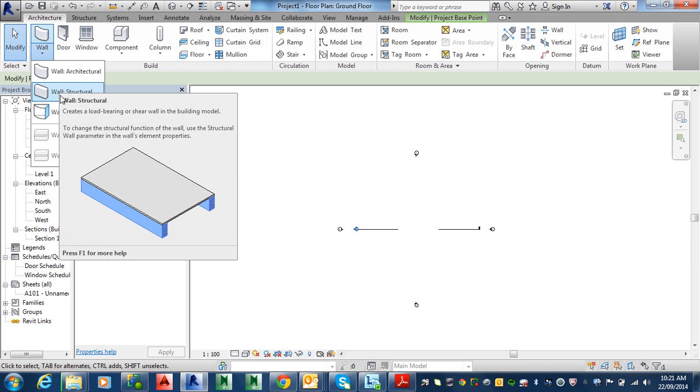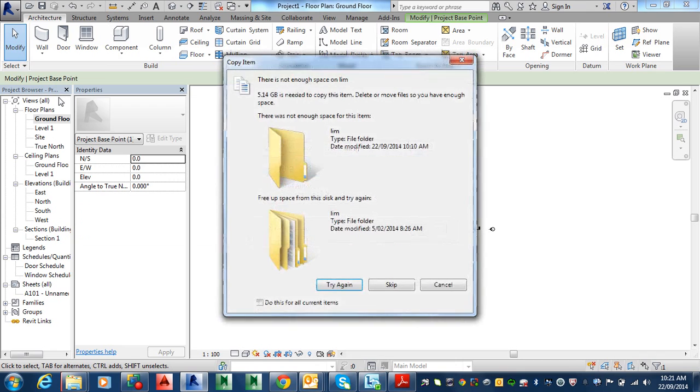Essentially they're the same thing, except if the wall is structural and you want to link this drawing, that's what they call it, like an external reference in AutoCAD. Say you've done your architectural and you want to give it to the structural guy to do the structural work. If the wall is architectural, when they bring it into their structural template, no walls will show up, because it says they're not load bearing, I'm the structural man, I just want to see structural stuff. So if you intend a wall to be load bearing, in other words to carry the roof or whatever, you need to